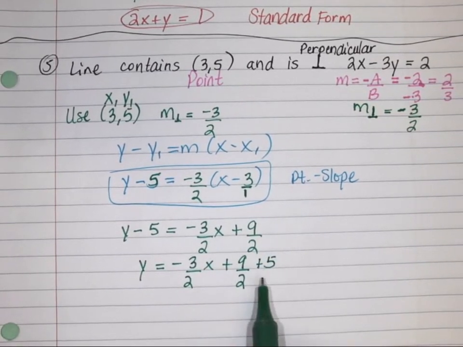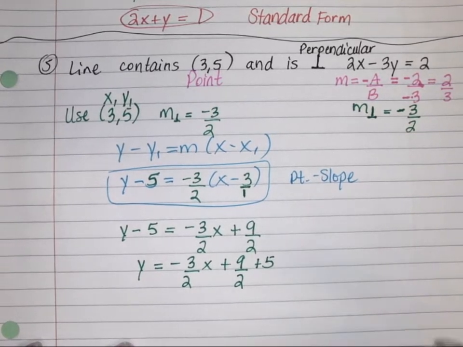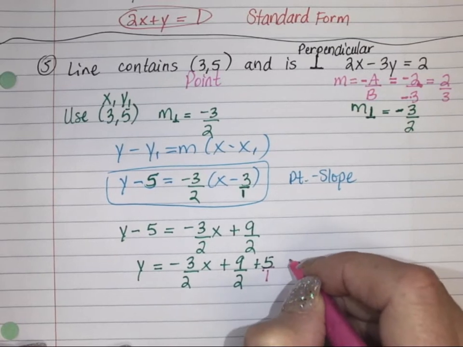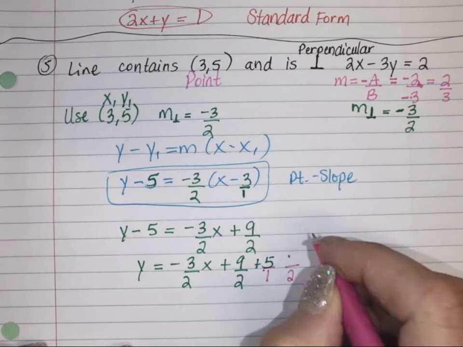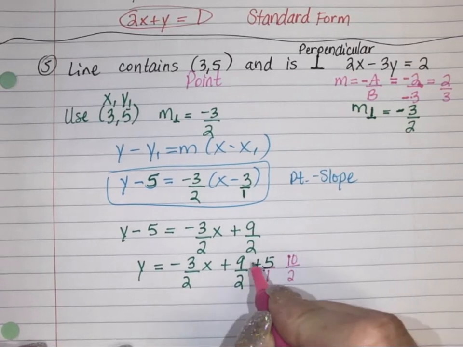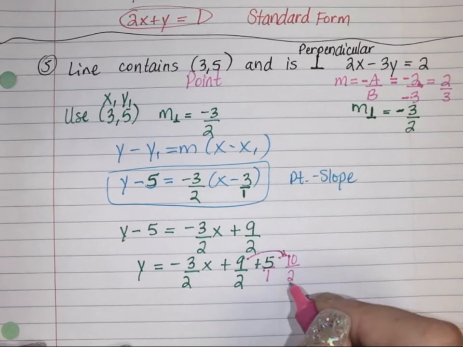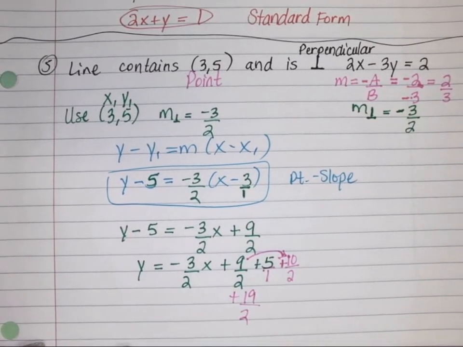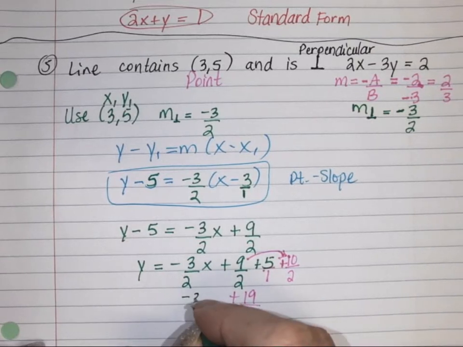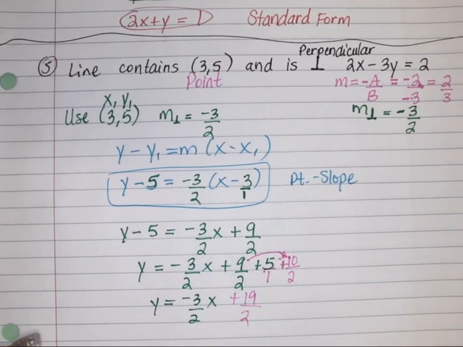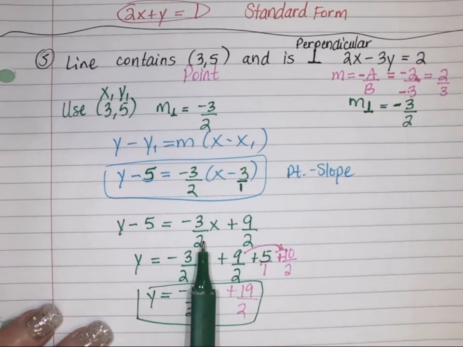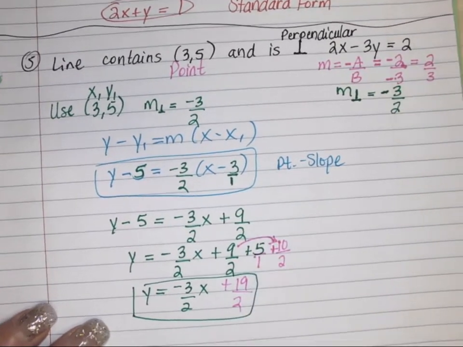You need to simplify that, so let's find the common denominator. This will turn into 10 over 2. So then 9 halves plus 10 halves makes 19 halves. So that is your equation in slope intercept. You could actually go through and get rid of fractions here if you wanted to, and